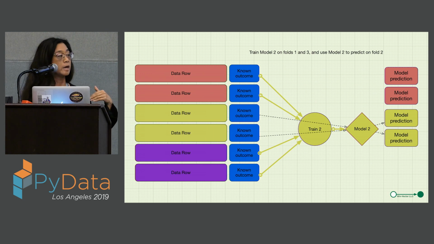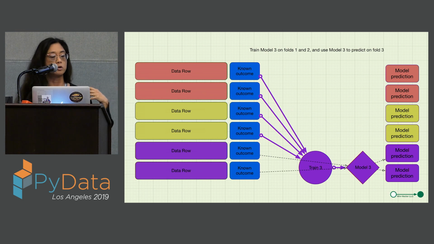Then you take folds 1 and 3, you build another lookup table, and use that lookup table to encode the zip codes in fold 2. And then you take folds 1 and 2, you build a lookup table, and you encode the zip codes in fold 3.